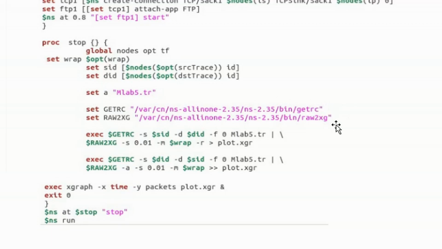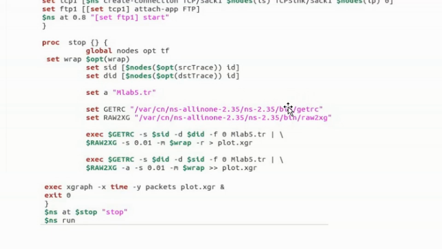So for you to get the file, maybe in your laptop if you have installed NS2 in a different path or something like that, what you need to do is get into the root folder, maybe go to home of your Ubuntu or My Computer, and search for var, cn, ns all in one, and whatever version you have, and then ns 2.35, bin, and then getrc.